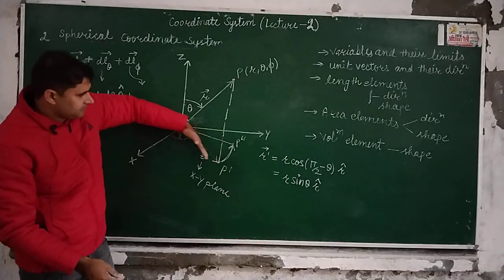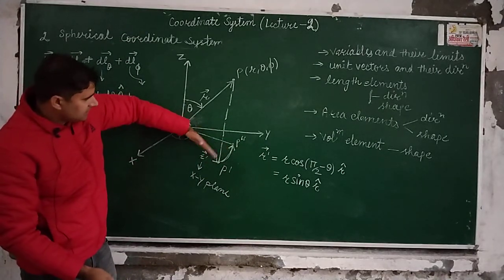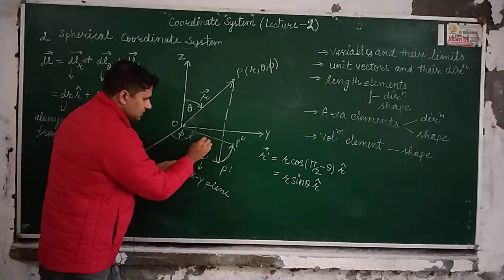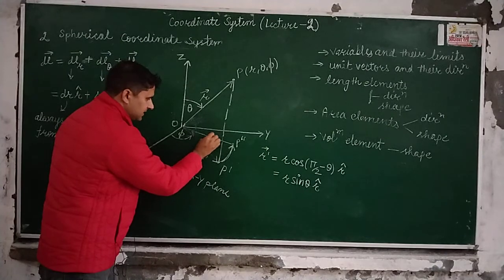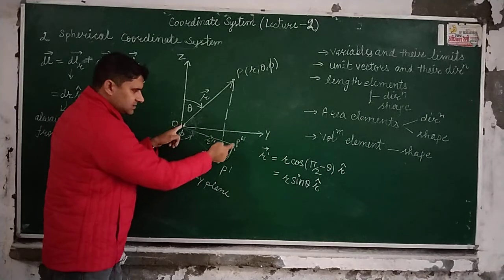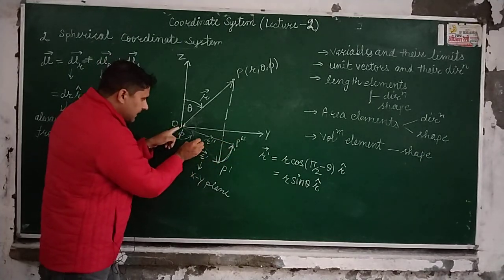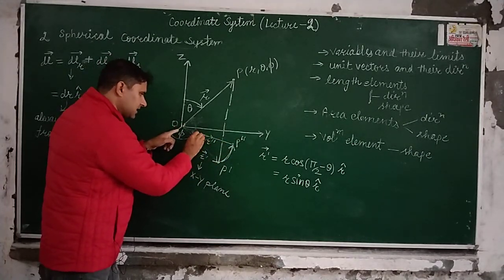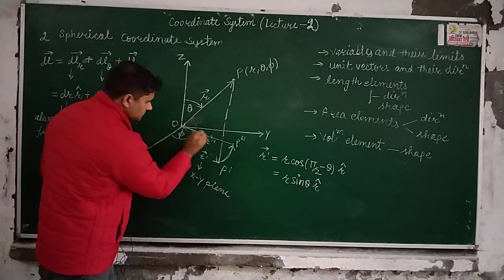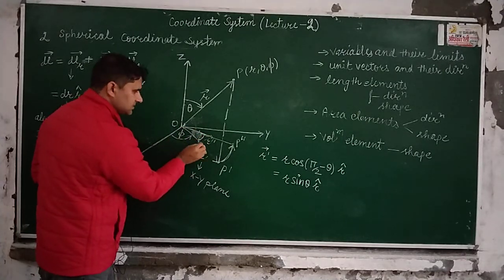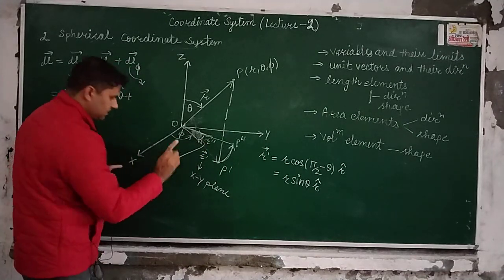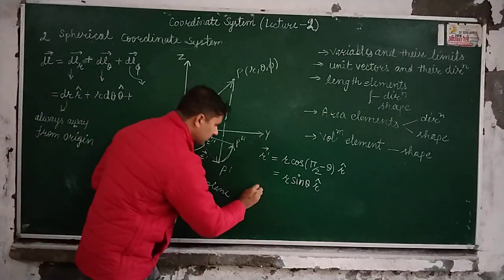So what is changing here? Here the radius vector is the same. Let me take it as r double dash and r dash. These are the same in magnitude, but the direction has changed. And the angle swept, this angle, is d phi. Let me write it here. I think this is visible to you. This angle is d phi.